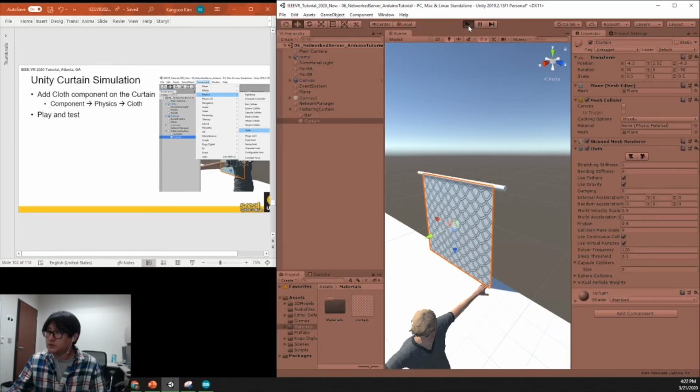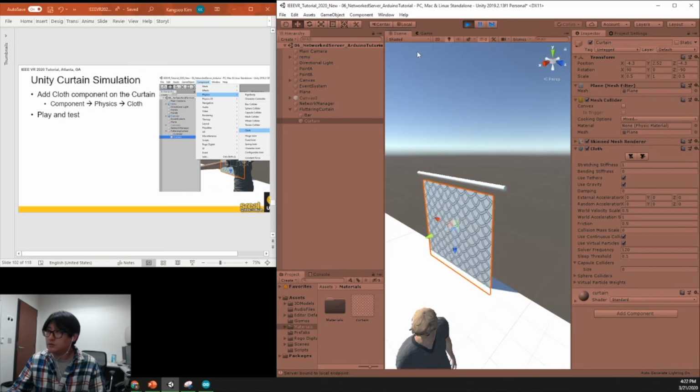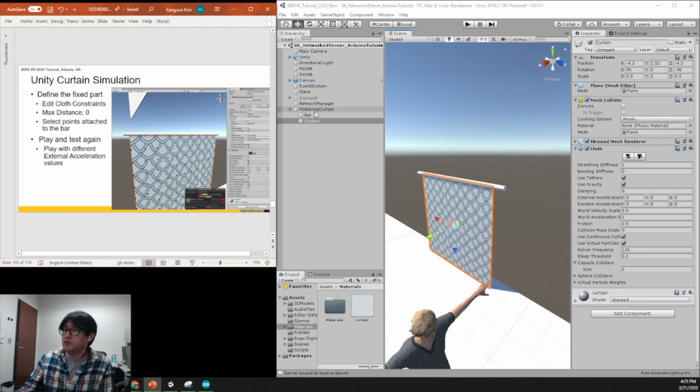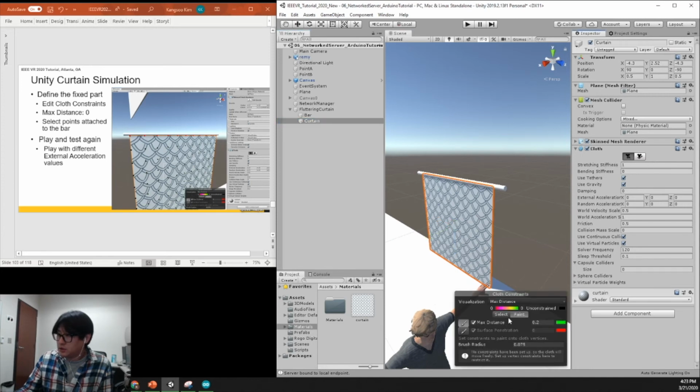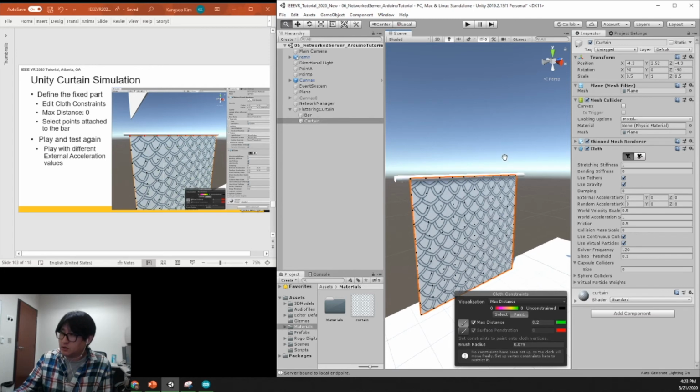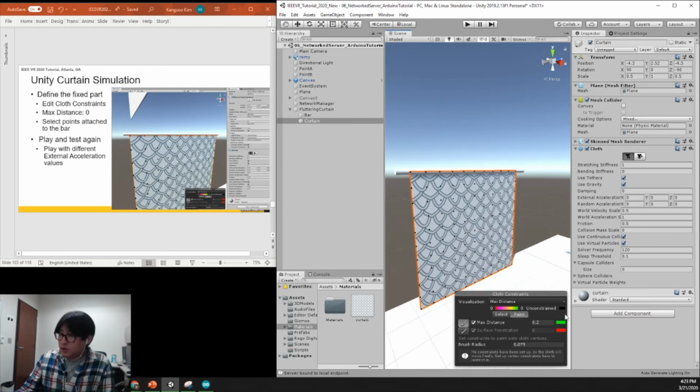and then play it and see how it looks. So when you play it, you will see the curtain will be disappearing, like falling down, because there's no fixed point for the curtain. So what we're gonna do is define the fixed part on this curtain. So click the curtain again, and then on this cloth component, you will see this button, Edit Cloth Constraints. So when you click this, you will see this paint and 0.2, those kind of things. So when you see this curtain, you will see all these black dots. And then when you choose this number 0, which means it's a fixed point, it's not moving at all,